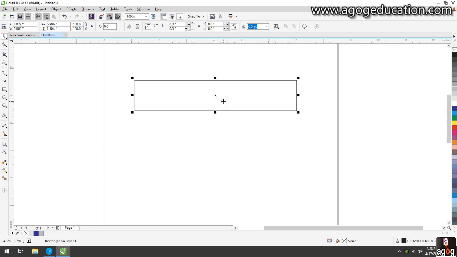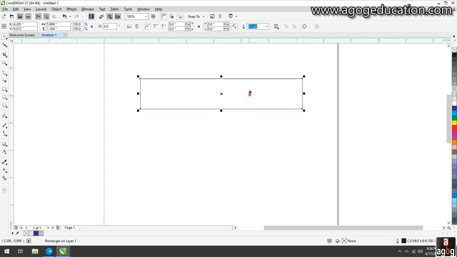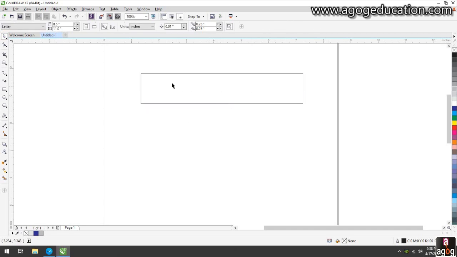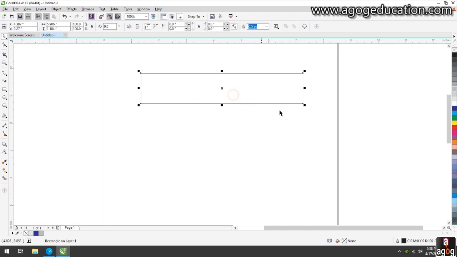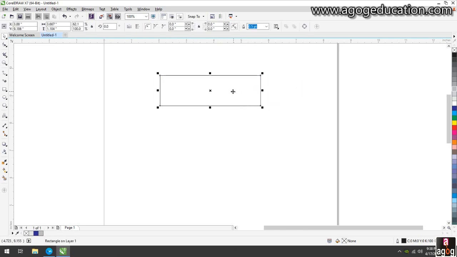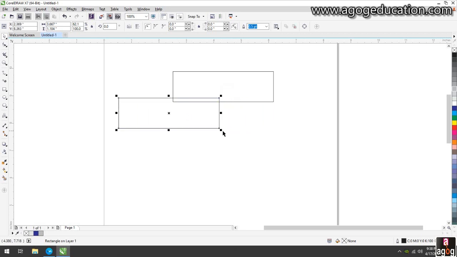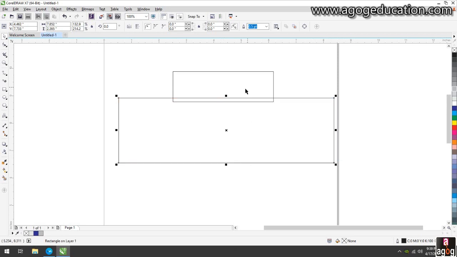You should watch carefully what objects and what tools I'm using. Just keep watching. I just create a castle wall. You can create different types of shapes. So I just created it.